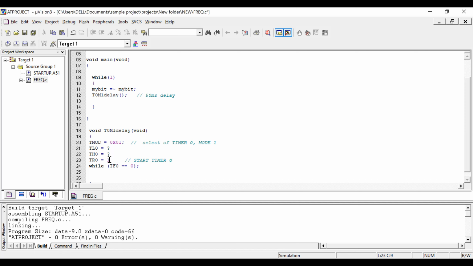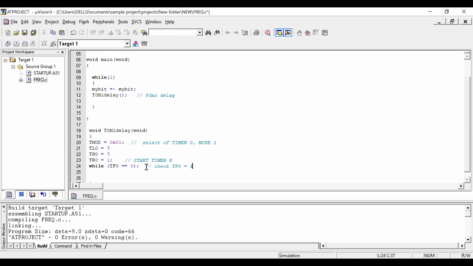Always each and every instruction ends with a semicolon in a C program. So here the timer is started, check whether the timer completed the delay time. Check timer flag 0 is equal to 1.